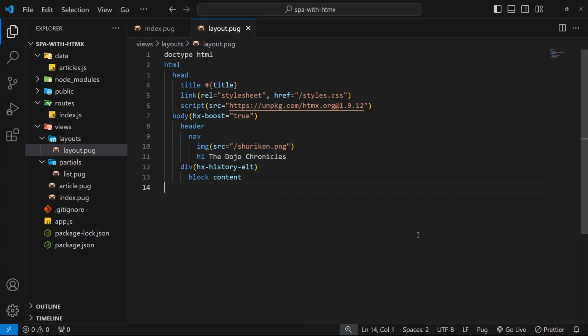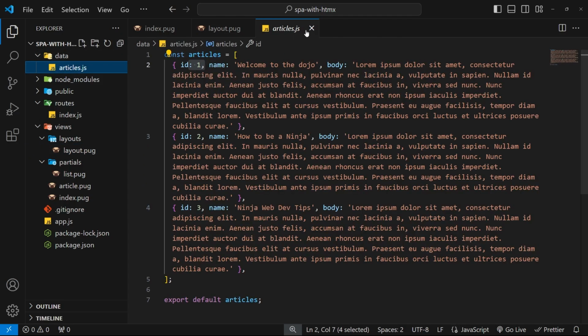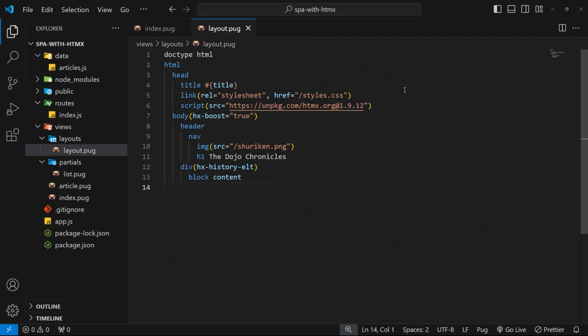Alright then gang, so there's just one more thing to cover in this series, and that is how to make a loader using an attribute called HTMX indicator. So currently, all of our data comes from this articles file inside the data folder, and because this data is just coming from a local file, there isn't any loading time associated with it. So we don't need to wait around to see the data when it's loaded or when we add new articles,